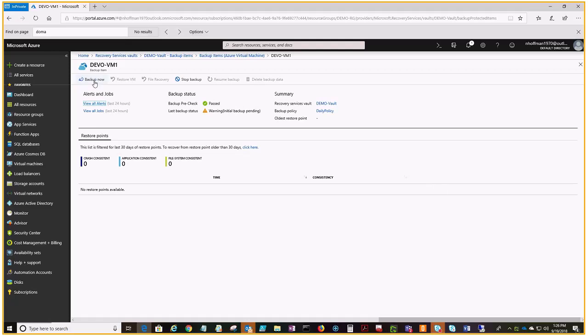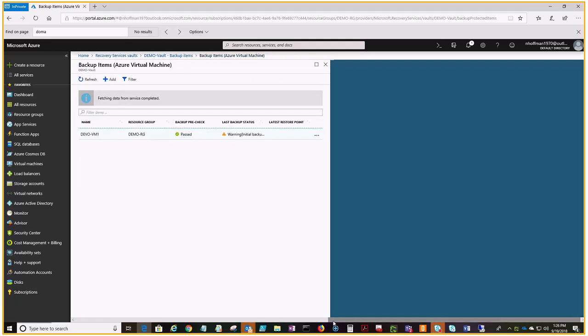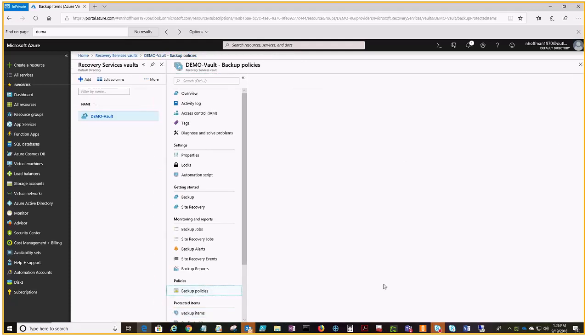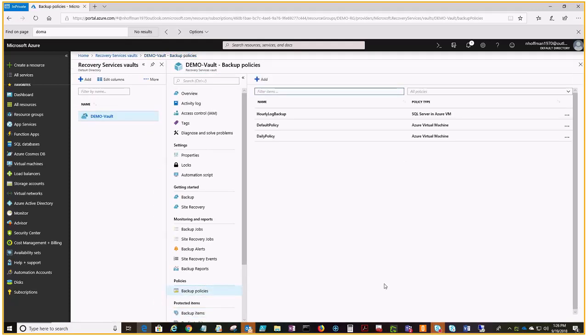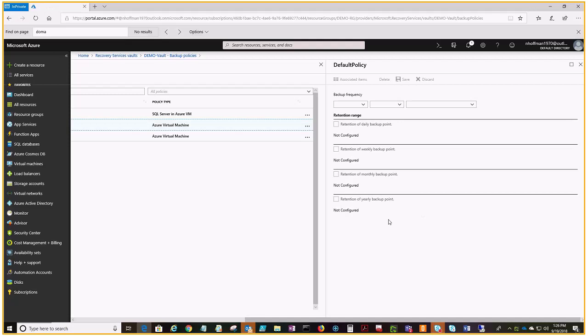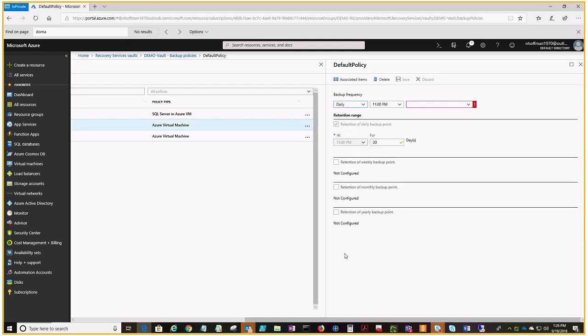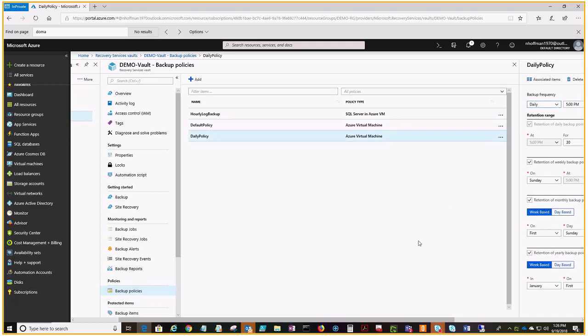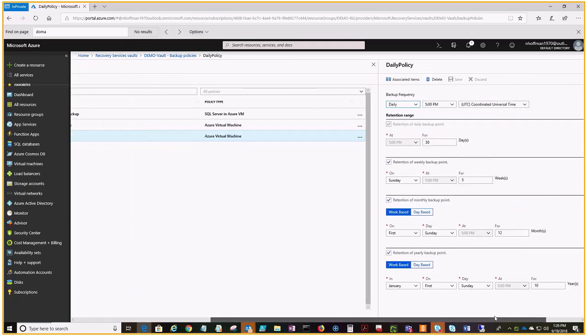If we forgot the settings, we can always go back into our backup policy, and we can see the settings or create new policies. In this case, we have a default policy that we used, and we can click on that policy, and we can see, actually, it was the daily policy, not the default policy. All the settings that we had chosen, and if we click associated items, we can actually see that that one VM is associated with this policy, and that the backup is indeed going to take place at 5